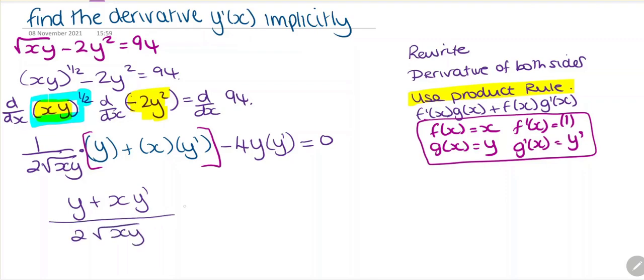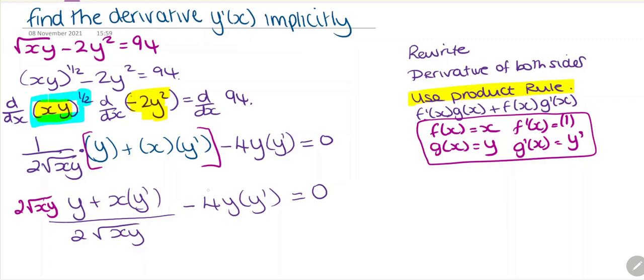So we have minus 4y times the derivative, let's keep that in brackets, and this is equal to 0. So what we need to do is multiply everything by what we have on our denominator. So if we multiply everything by 2 root xy,